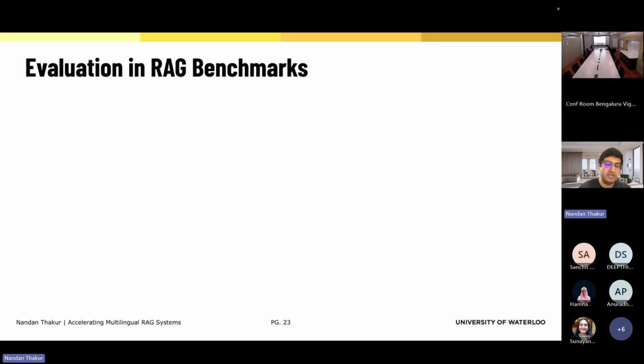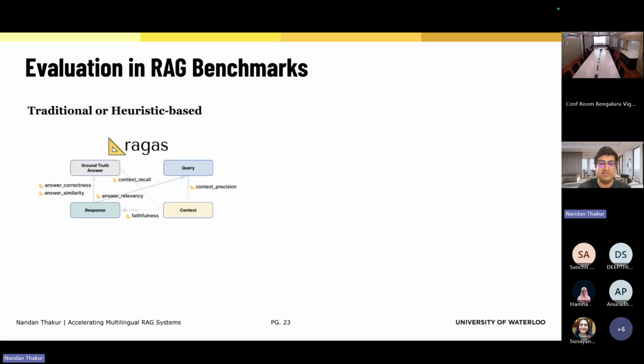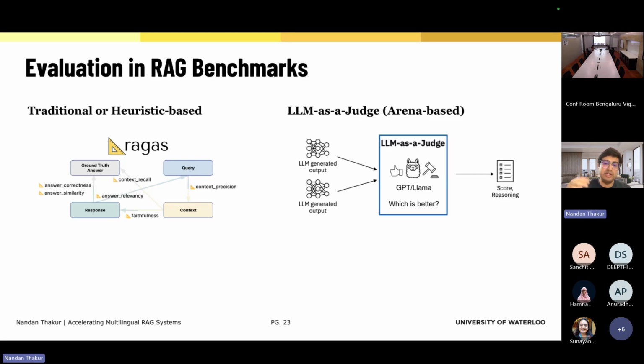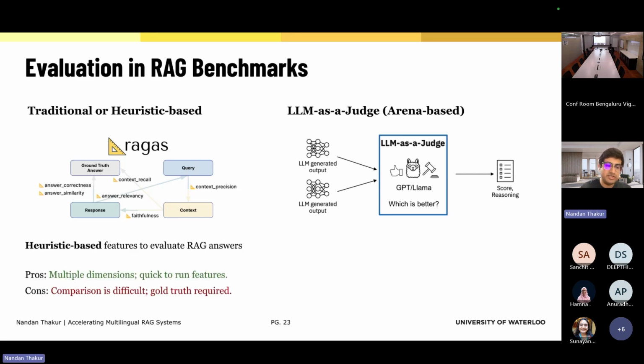So what I found is that evaluation in RAG benchmarks typically happens in two different ways. There is a community which focuses more on traditional or heuristic-based evaluation, and also a community which uses LLM as a judge to evaluate different RAG outputs. For heuristic-based features, the community would handcraft certain different metrics or features and